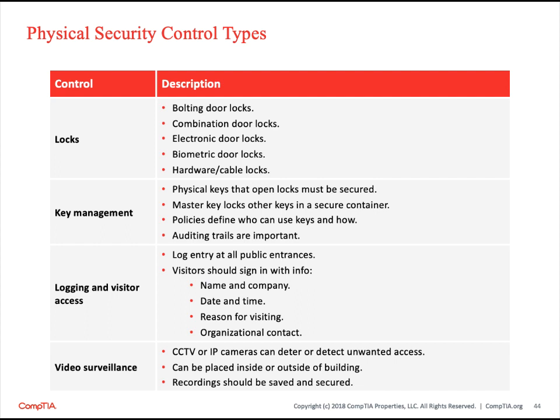And then we have video surveillance. Video surveillance comes in forms of CCTV, which is closed circuit television, or IP cameras, right? Closed circuit television is going to be used only in your place of business, right? Or it's a closed circuit, right? But IP cameras are operating online, so you can log into your IP camera and see what's going